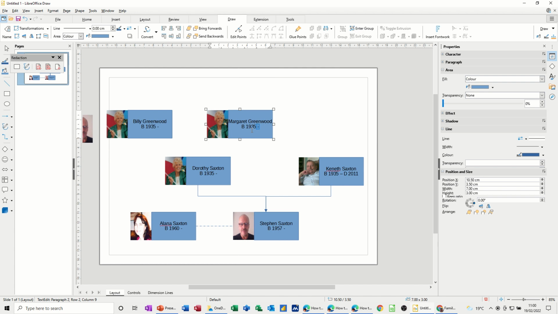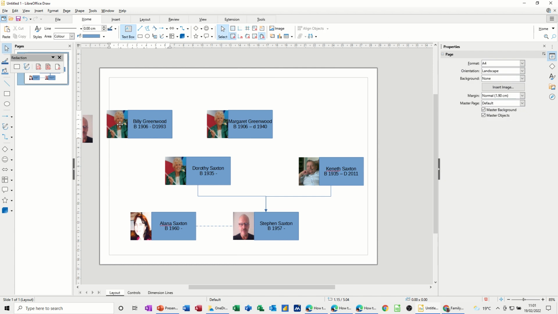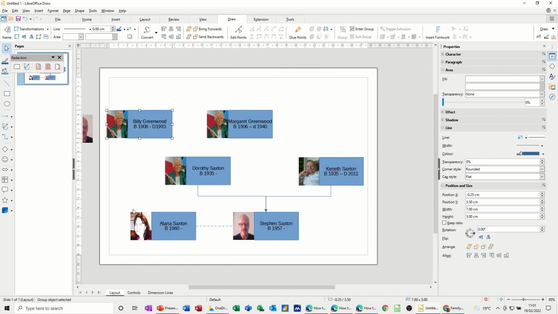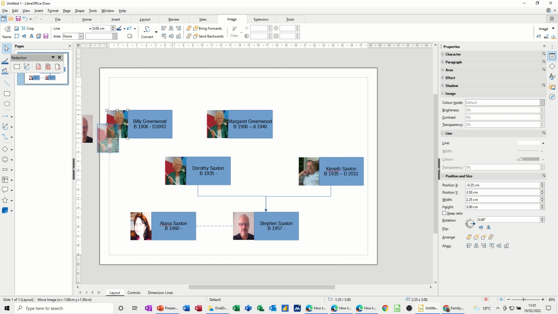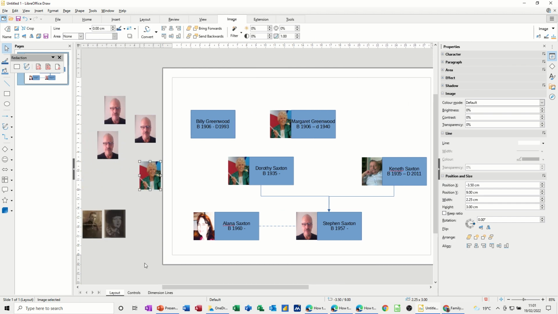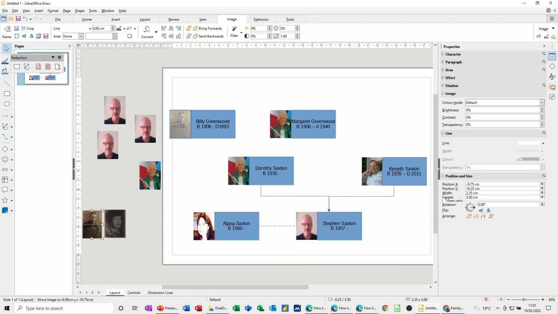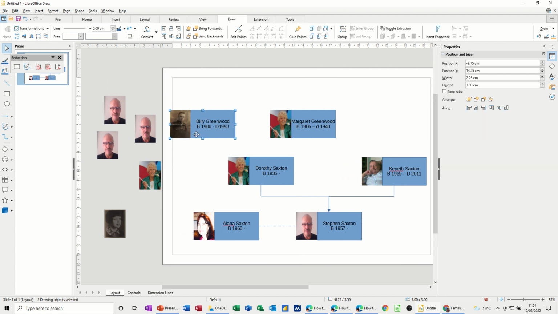And they were born in 1906 and died in 1940. And he was born in 1906 as well. 1906. He died in 1993-ish. So we've got the labels, ungroup, change the photograph, bring Billy in, it's a picture of him in the army, hold your shift key down, regroup,